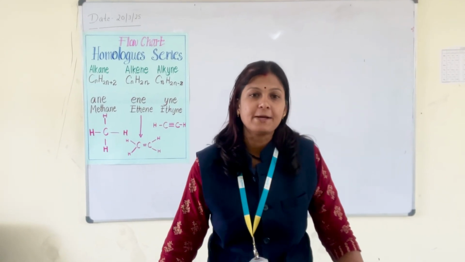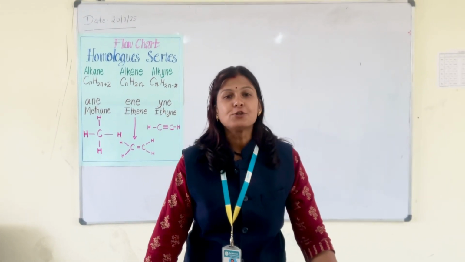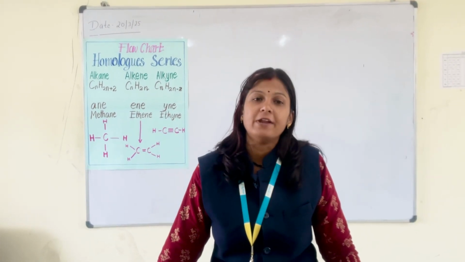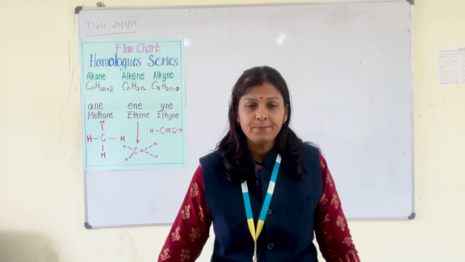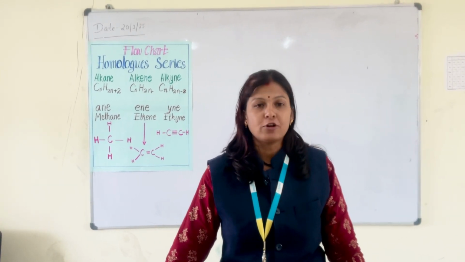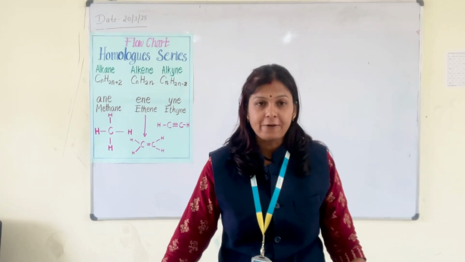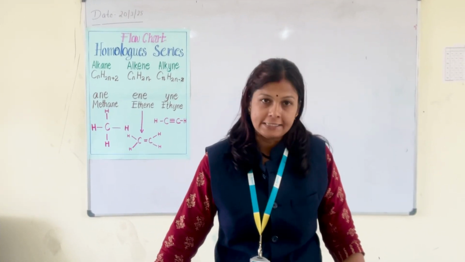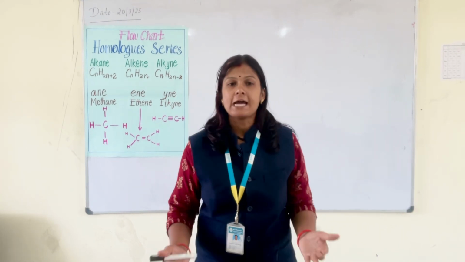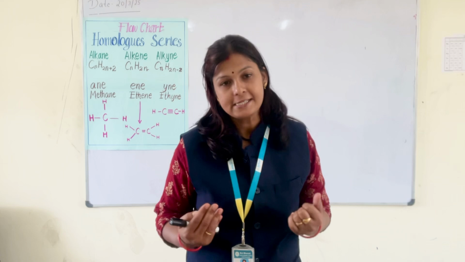From Carbon and its Compounds, that is chapter 4 of class 10. In the previous chapter we read the properties of carbon. In the properties we covered catenation and allotropes of carbon. We saw the properties of diamond, graphite and Buckminsterfullerene. So today we will start with a new topic, that is homologous series.